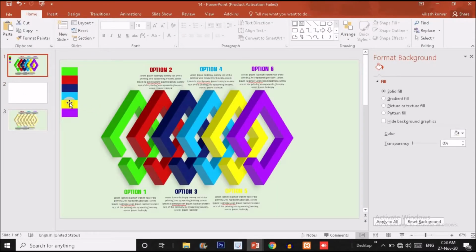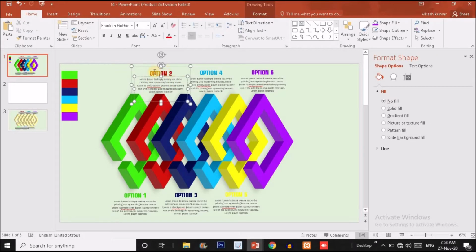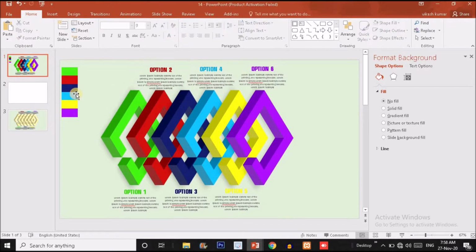Okay, after this I will fill the shape with these colors, and after that I will create the text effect like this. I will create the text group actually, where I will put the option as well as the text over there. Okay guys,